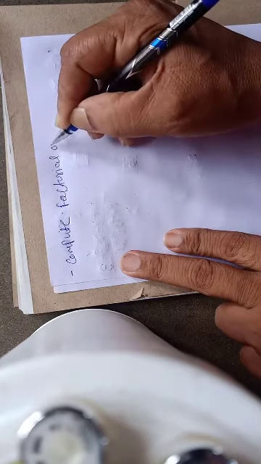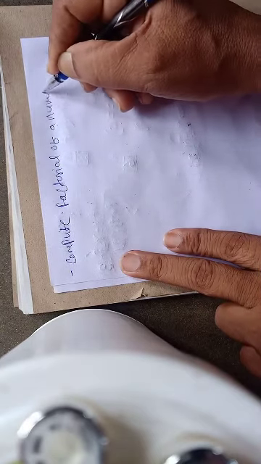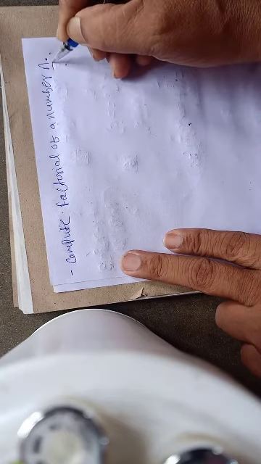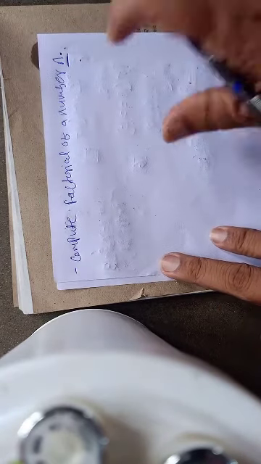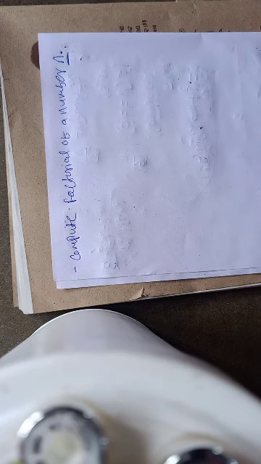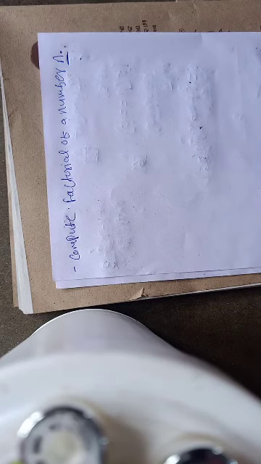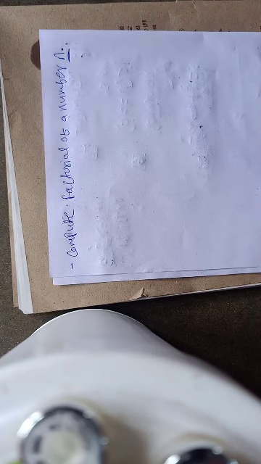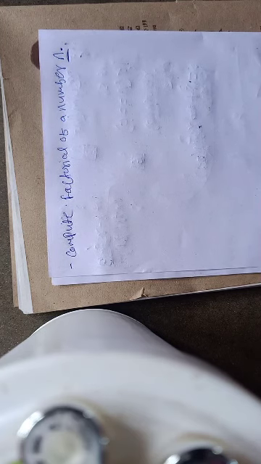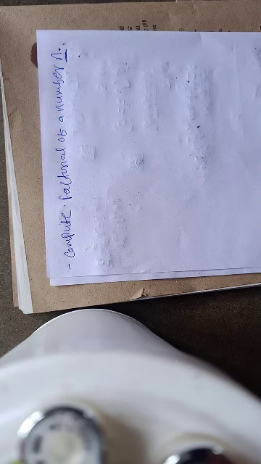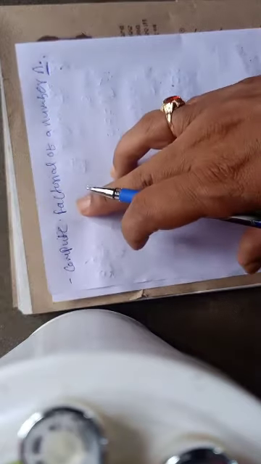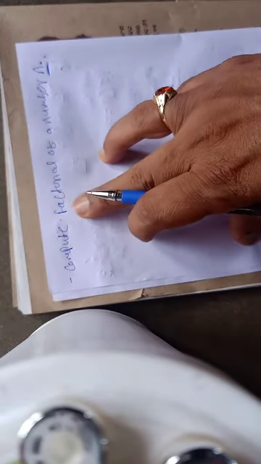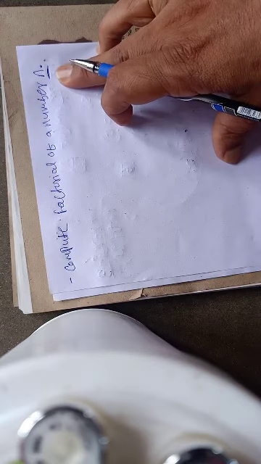factorial of a number n. Okay, so suppose this is the problem. Now if you followed my previous video, you remember that I told you that any iterative function could be converted into a recursive function. Iterative function means the function which requires a loop to perform its major calculation. So now suppose we need to write a function that will compute factorial of a given number n.